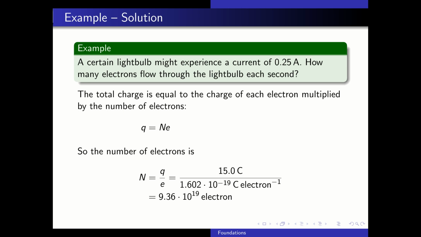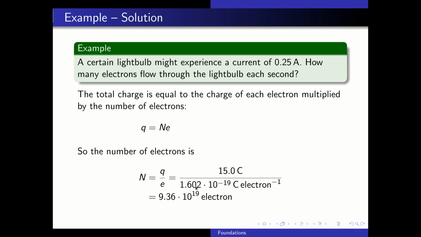The total charge that we measure is equal to the charge of each electron multiplied by the number of electrons. So N is the total number of electrons, e is the charge on each electron, the elementary charge, and that should be equal to the total charge Q. If we solve that for N, the total number of electrons, Q divided by the elementary charge gives us